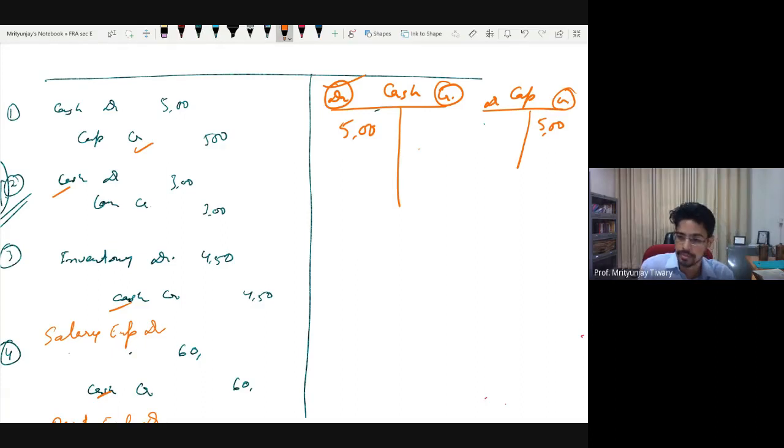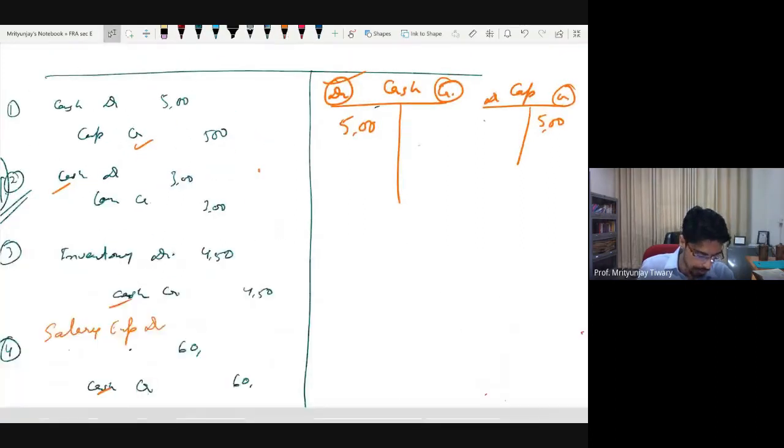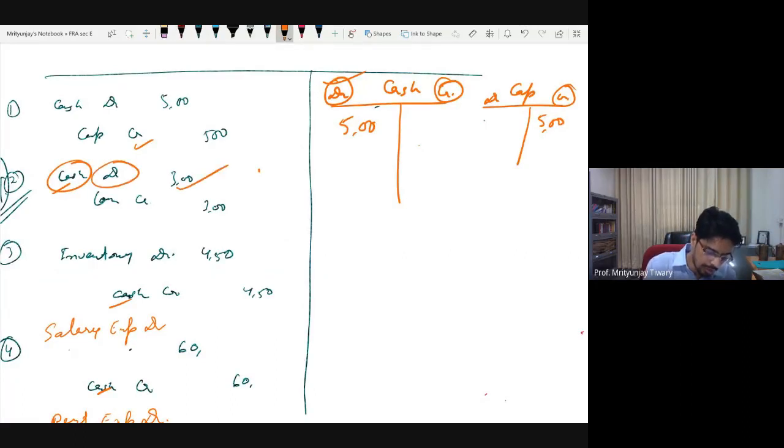Did you understand till here? Let's see a few more so you will understand it completely. Next one says go to cash T account, put in debit side 3 crore rupees. Do I have a cash T account? This time yes, I already have an existing one. So in the same T account, I will transfer this 3 crore rupees in the debit side. If you already have a T account, then enter the item into the same T account.